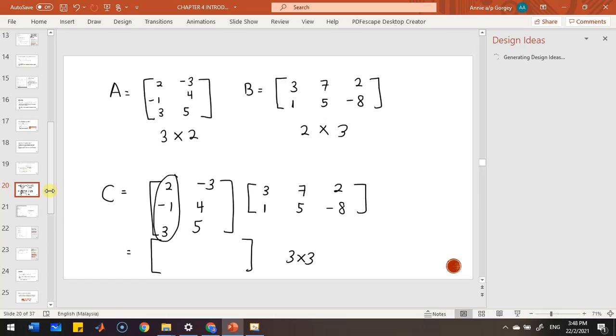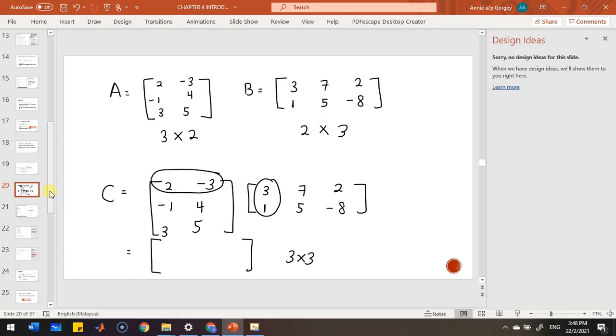Is it like that? Row with column. How do you find the matrix multiplication of a 3 by 3 matrix? We have this multiplied with this, and that will give you the first element. So 2 times 3